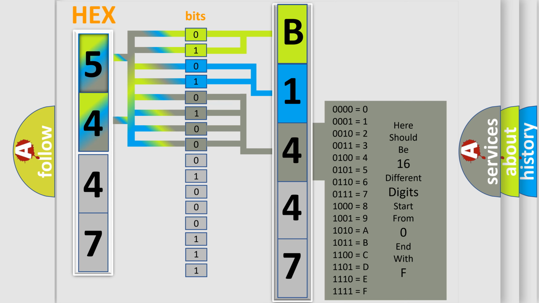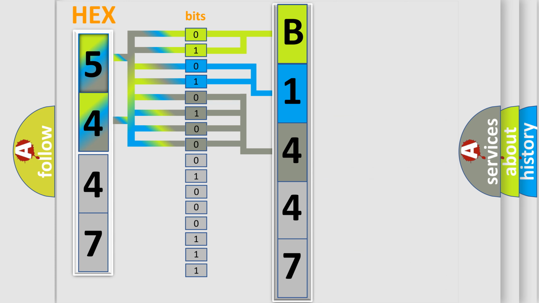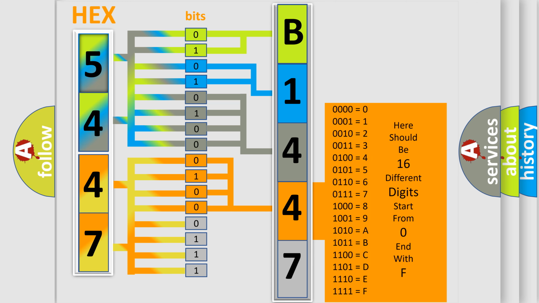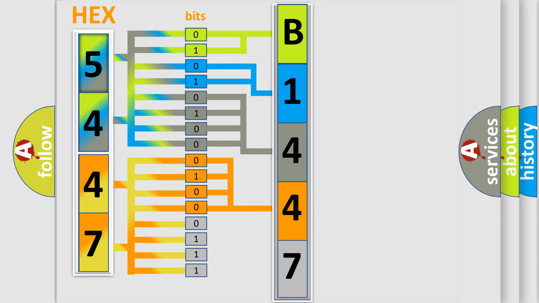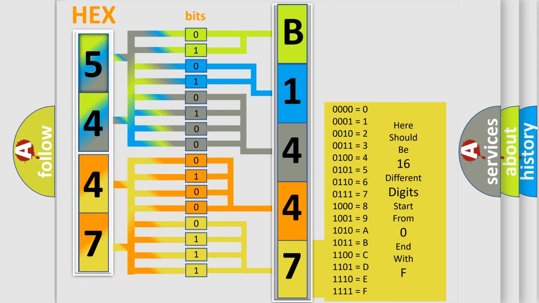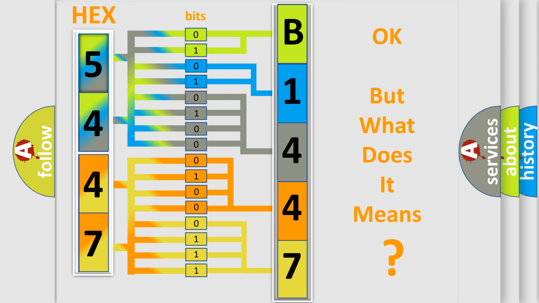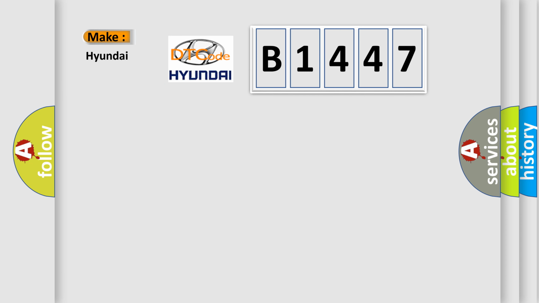The second byte is composed of a combination of 8 bits. The first 4 bits determine the fourth character of the code. And the combination of the last 4 bits defines the fifth character. A single byte conceals 256 possible combinations. We now know in what way the diagnostic tool translates the received information into a more comprehensible format. The number itself does not make sense to us if we cannot assign information to what it actually expresses. So, what does the diagnostic trouble code